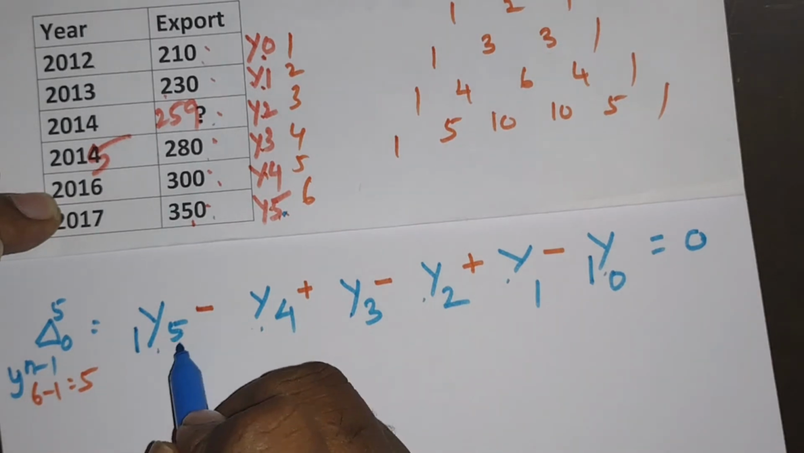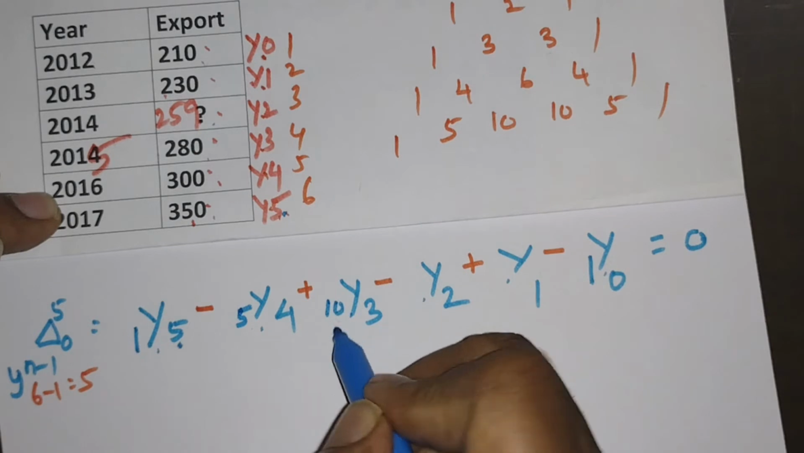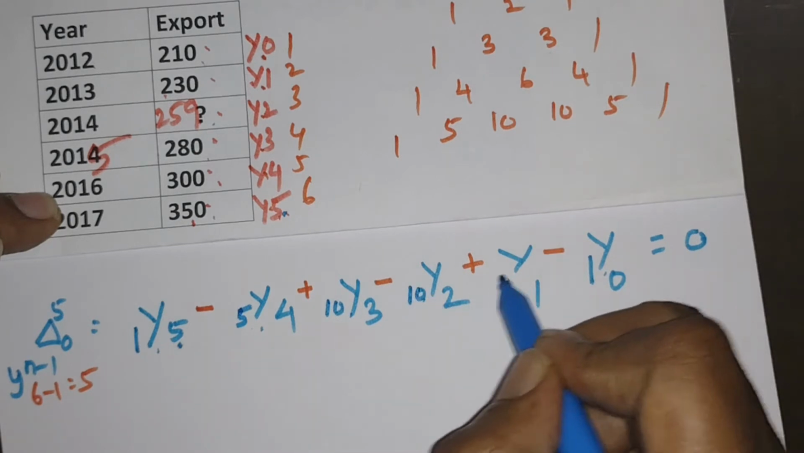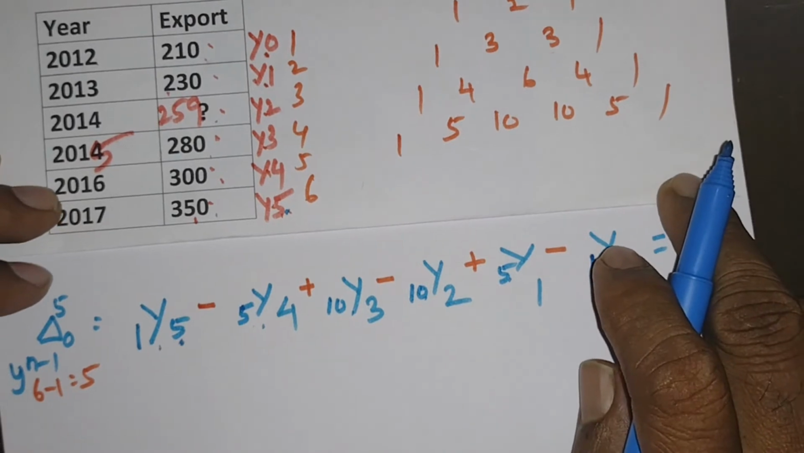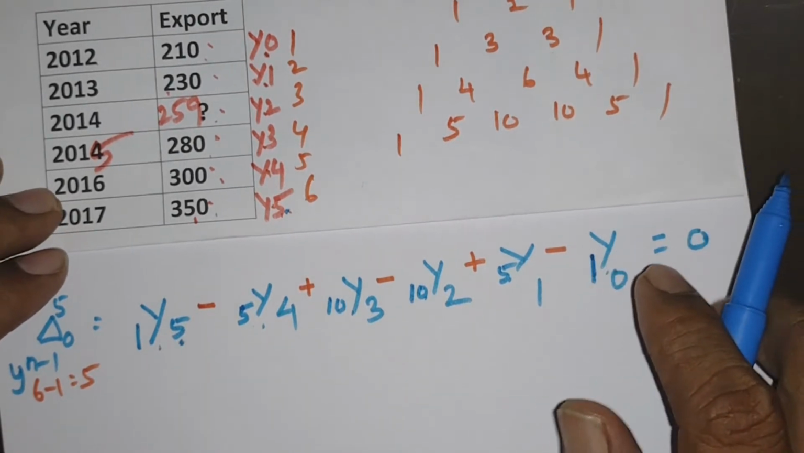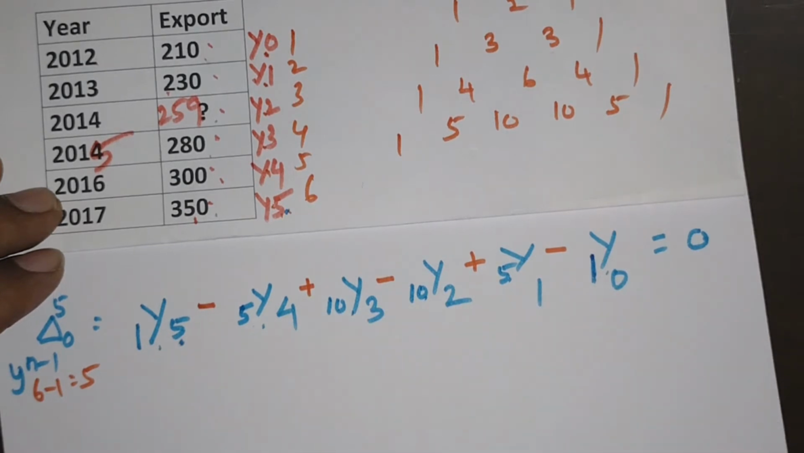So first one is 1, second one is 5, third one is 10, and again 10, 5 and 1. There is another alternative way also to find this 1, 5, 10, 10, 5 and 1. So let me show that calculation, how it is going to appear. For example,